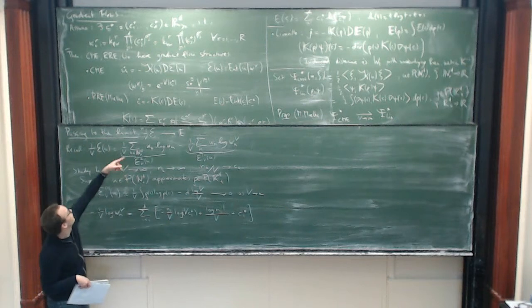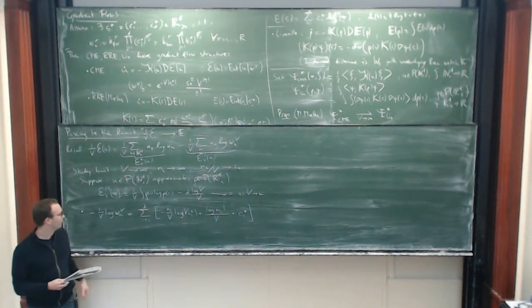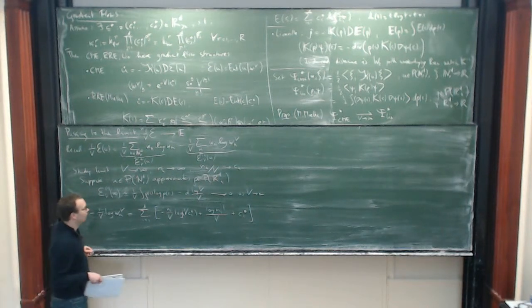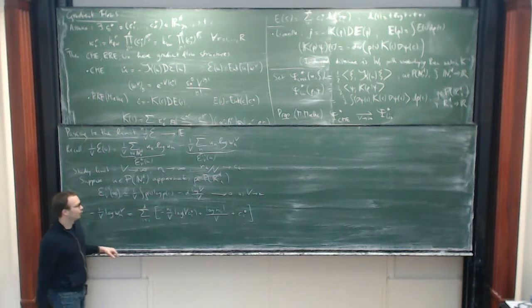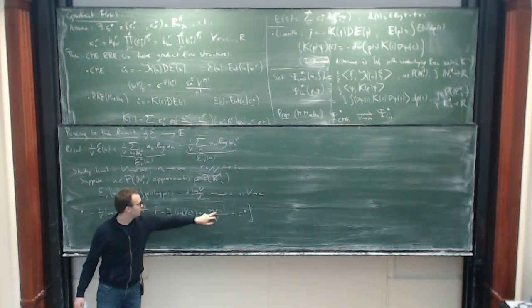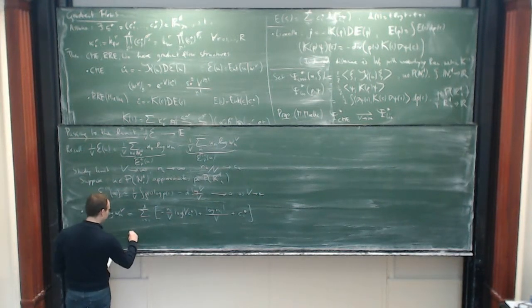So that's just using the explicit formula for the invariant measure that we had over there. Okay, so this is a little bit reminiscent of what Mark was discussing yesterday. So of course, what we would like to do is use Stirling's formula to compute this guy. So using Stirling,